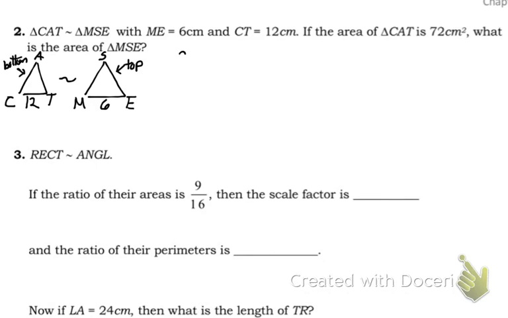So my scale factor, which is always the guy I'm looking for, is just our sides compared. So that's going to be 6 over 12, which equals 1 over 2. So my scale factor is 1/2. All right, then if I deal with my area, they gave me that CAT is 72 centimeters. Well, CAT is my bottom, so 72 is going to go on the bottom. And that has to equal